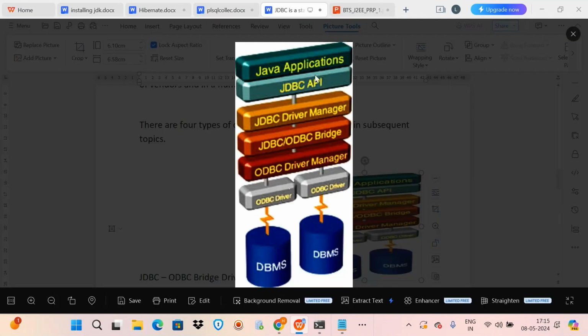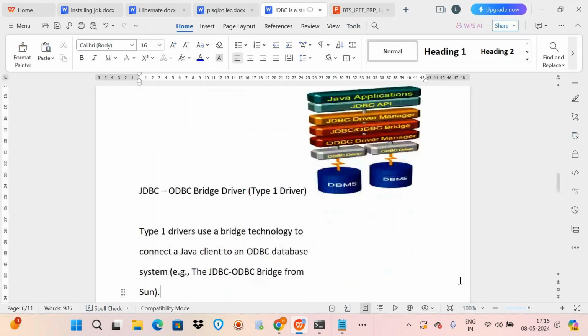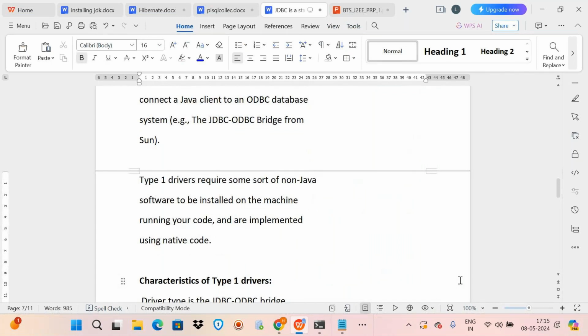So we will have the application, the driver manager will choose the driver and it will connect. Since it is a combination of native code, whenever you are using native code, what will happen? It will not work as purely Java. If it is not a purely Java driver, it is not independent of the operating system, correct? And it is not completely secured also. If it is not purely Java, it will not work as efficiently as Java. So that is the reason we will not use type 1 driver much, but in some cases